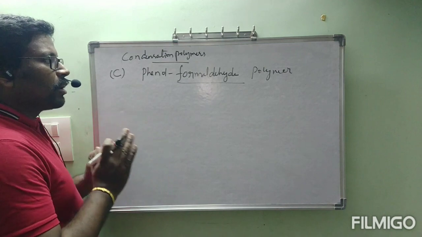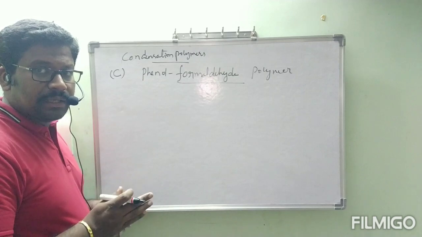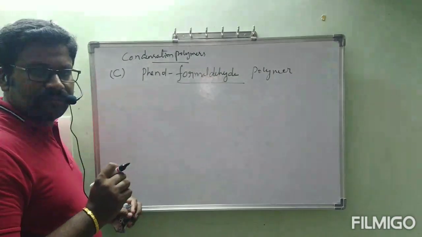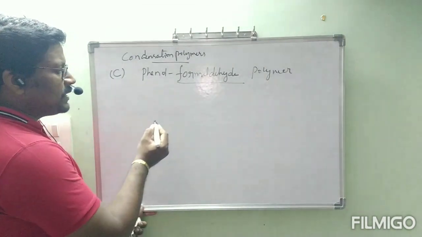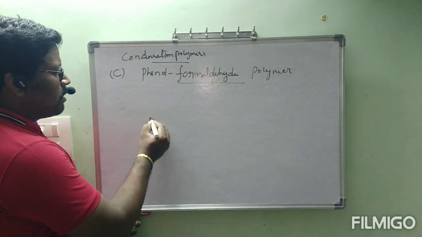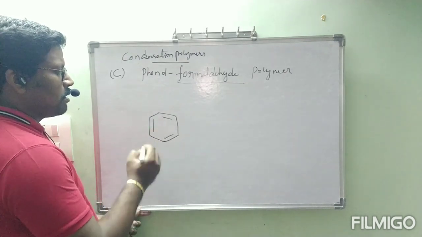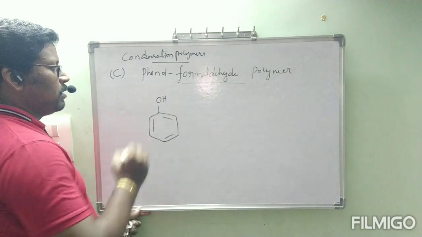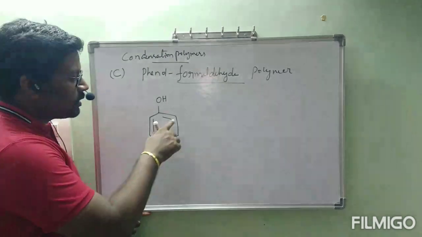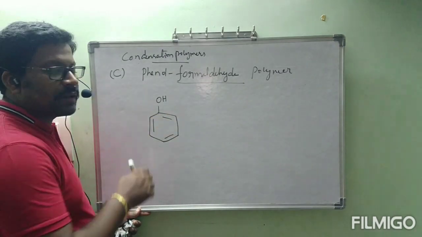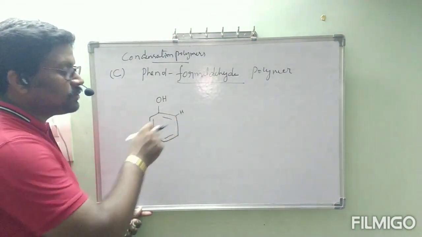Before going to the polymer directly, first we will see one reaction. The reaction is also a simple one only, removal of water. What about that one? Let us see. First write the structure of phenol, C6H5OH. On every carbon we have one hydrogen, except this carbon. So for your understanding purpose, in ortho position I wrote one hydrogen.